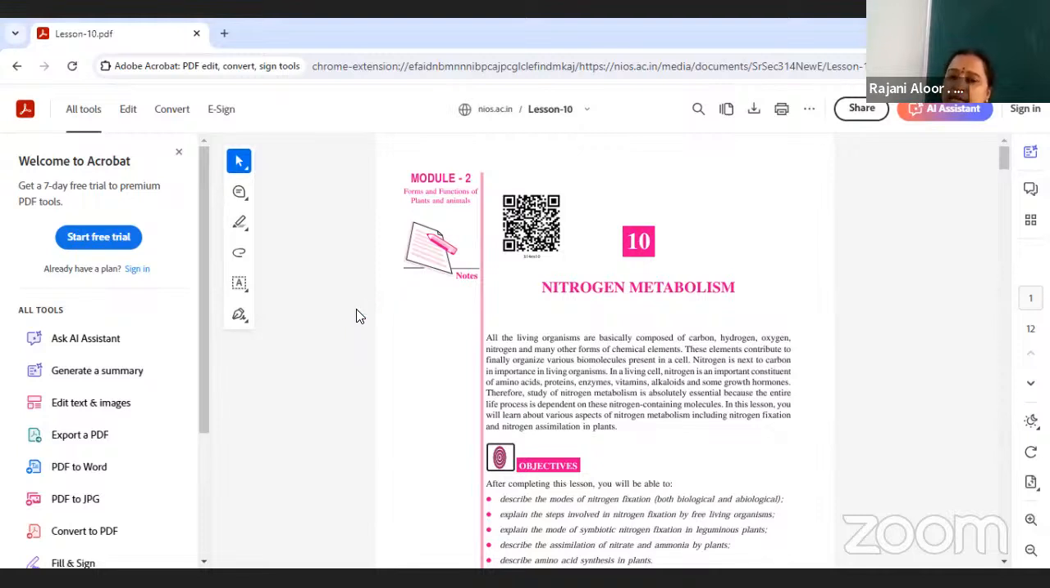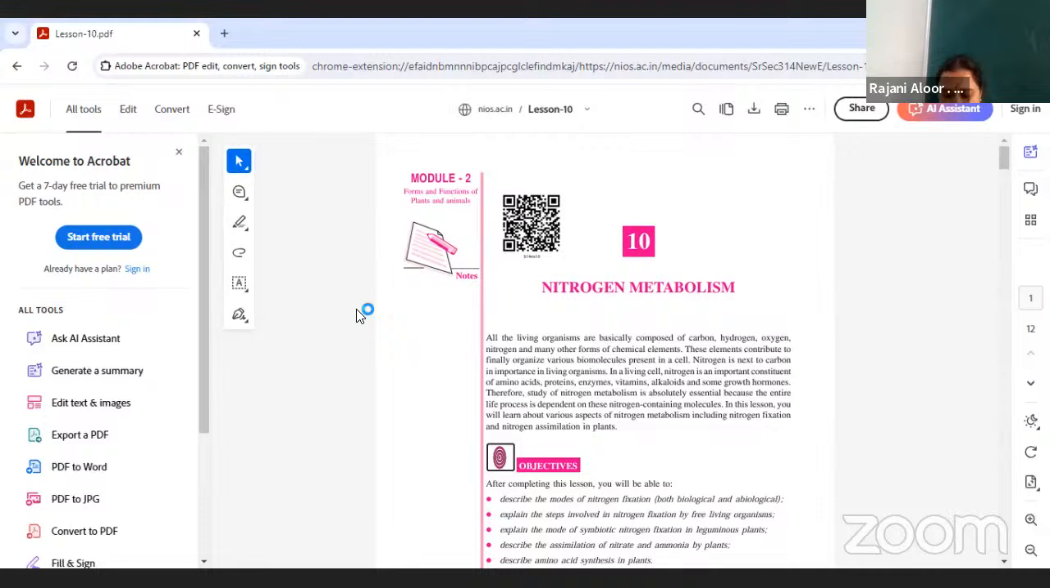nitrogen is an important constituent of amino acids, proteins, enzymes, vitamins, alkaloids, and some growth hormones. You can observe nitrogen is like this. Okay. Now,